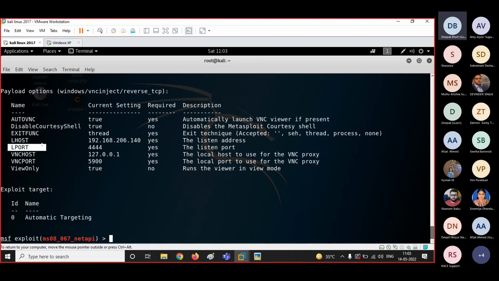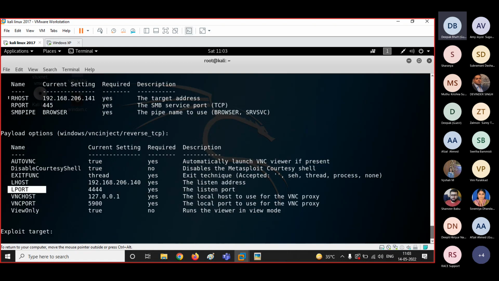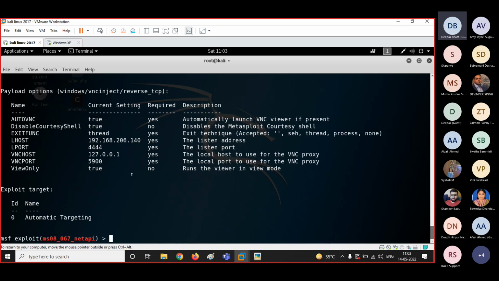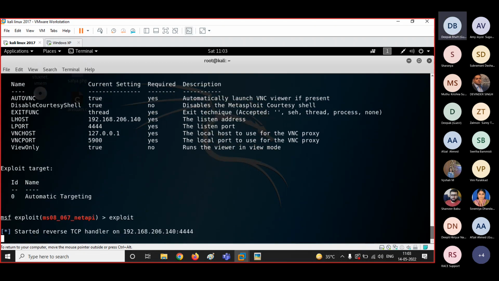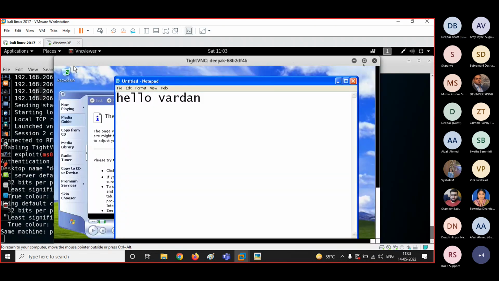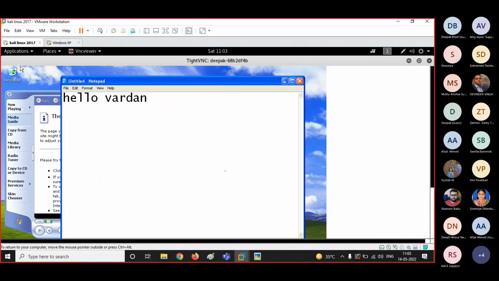LPORT is your local port that you are using to listen to the target machine. RHOST is the target machine. RPORT is the port that is open in the target machine. Since everything is set, I'll again type the command exploit. I'll press enter and let's see what I'm getting in front of me.